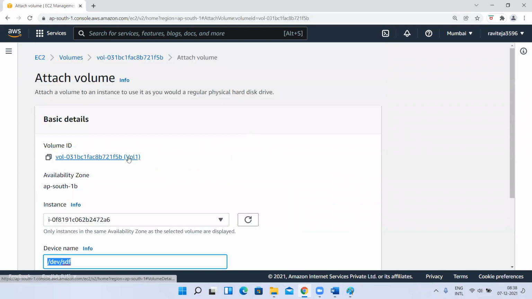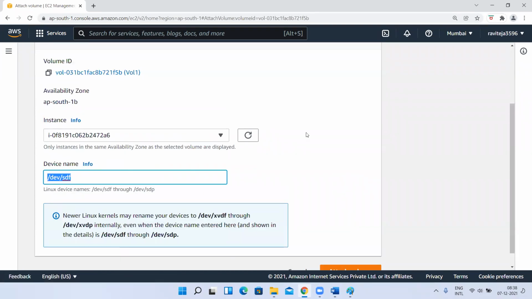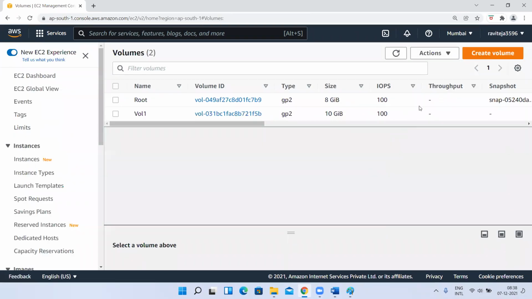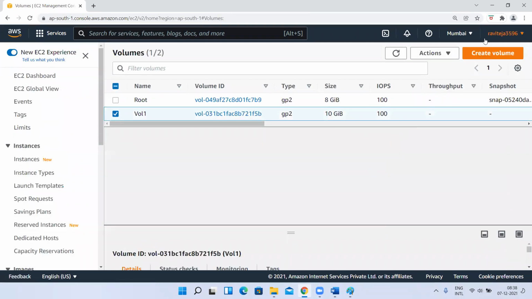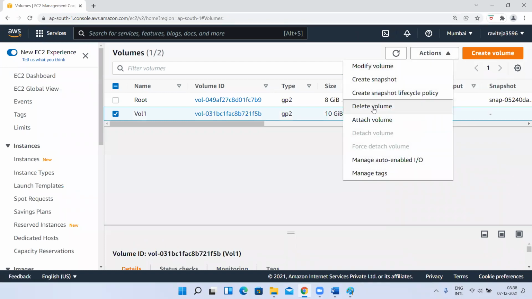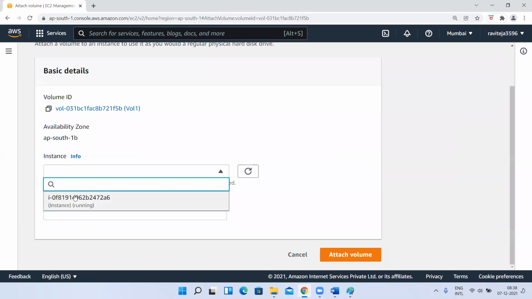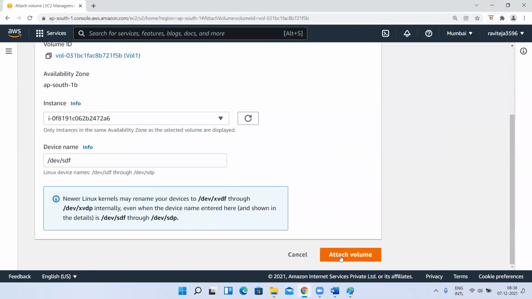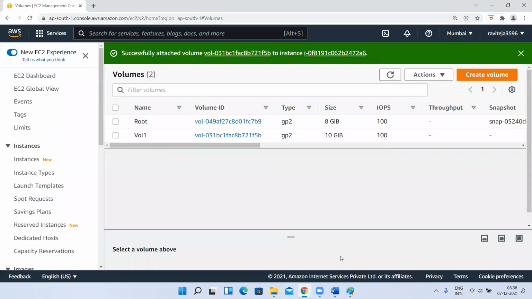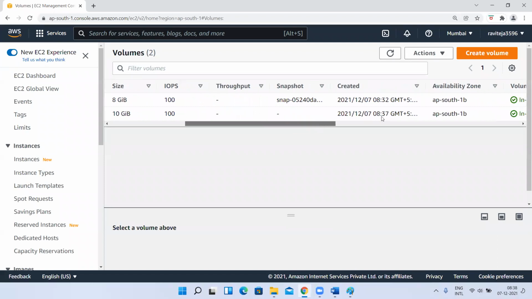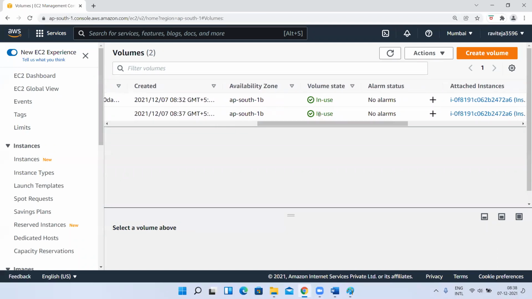So, shall I attach it? Right, you understood, right? What we have to do is select the instance, select this volume, go to Actions, Attach volume, select the instance to which you want to attach, then click on Attach volume. Done. Understood, guys? Now can I use this volume? Yes, sir. No. See, now the volume state changes from available to in use,